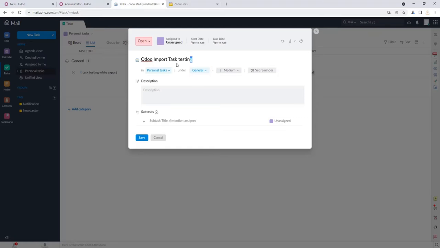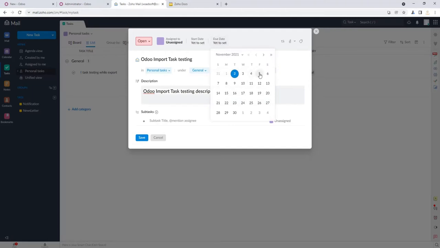And similarly, we can specify the description as well. Okay, and we can specify the due date. Okay, and just simply click the save button.